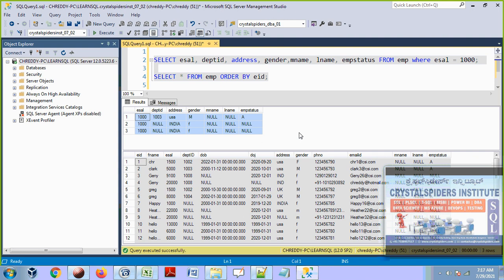Or else, in other cases, people will also consider two records as duplicate records if some of the columns' data is matching. In this case, these two records are duplicates because some of the columns are matching. So when you give this data to the client or someone else, they will simply say that the same record is there twice, this is duplicate data. But the fact is there are two employees with the same details, but their phone numbers are different, mail IDs are different, employee IDs are different. But we are not displaying that data here.